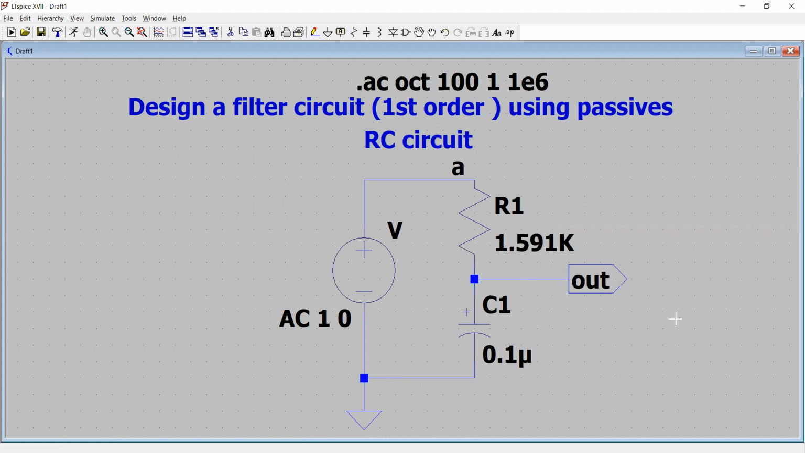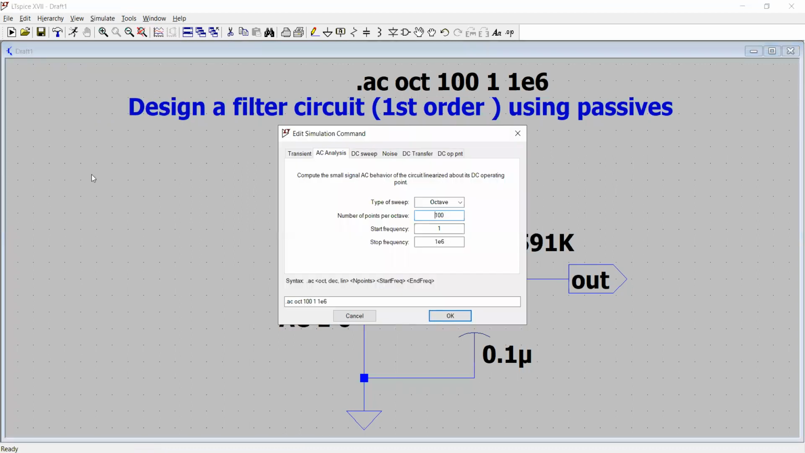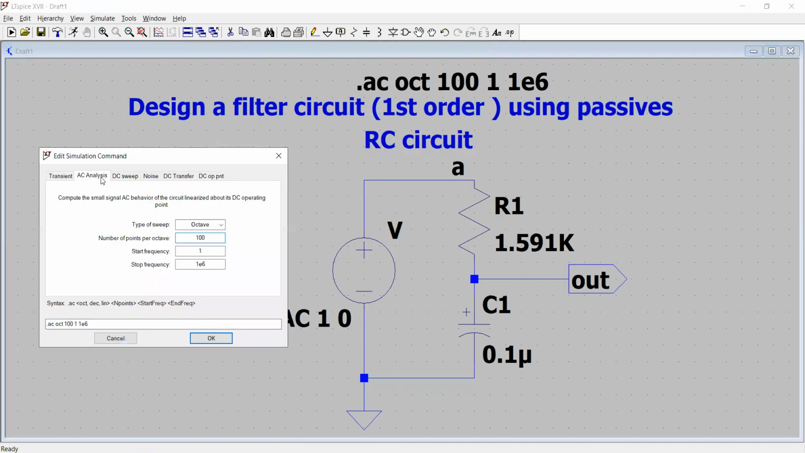So now the next step is to do a simulation. So for the simulation, we click the button simulate and we don't press run because we haven't mentioned what command, what analysis we want to do. So we click edit simulation card. Here you come and you see the AC analysis tab has already been selected because you have mentioned the AC source there. Now what AC analysis does is that it will compute the small signal AC behavior of this